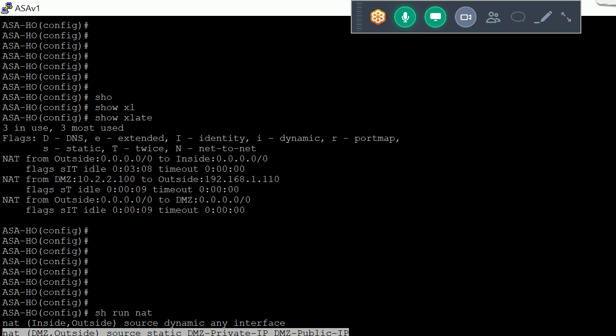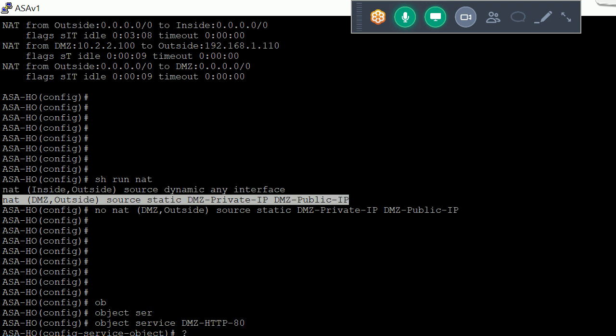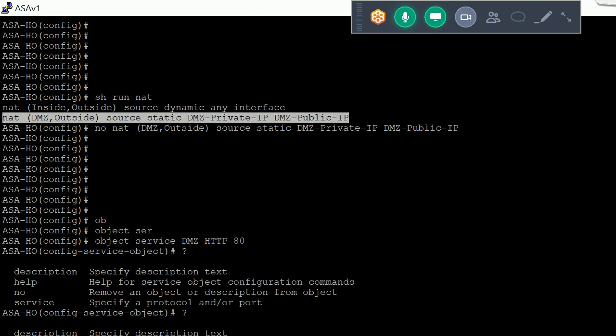Let me run a question mark here. So we have a service TCP. Here we have two things, source and destination.